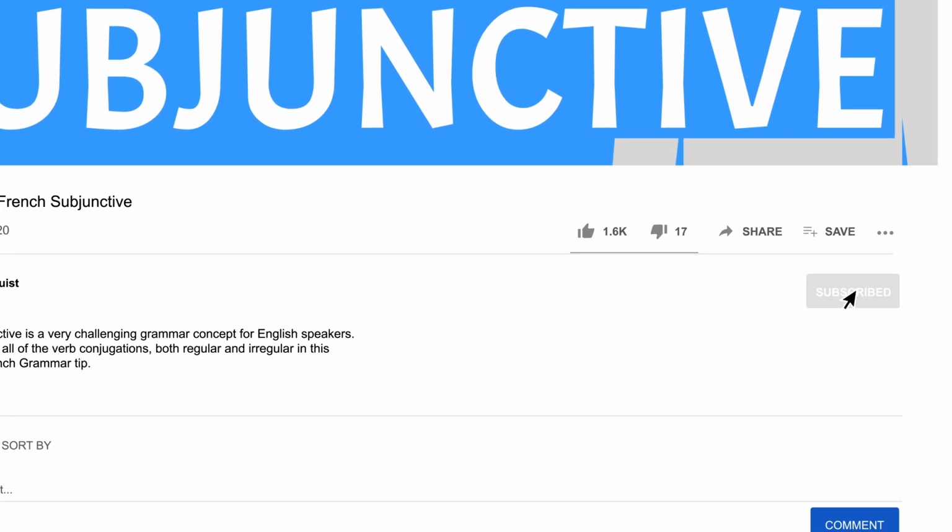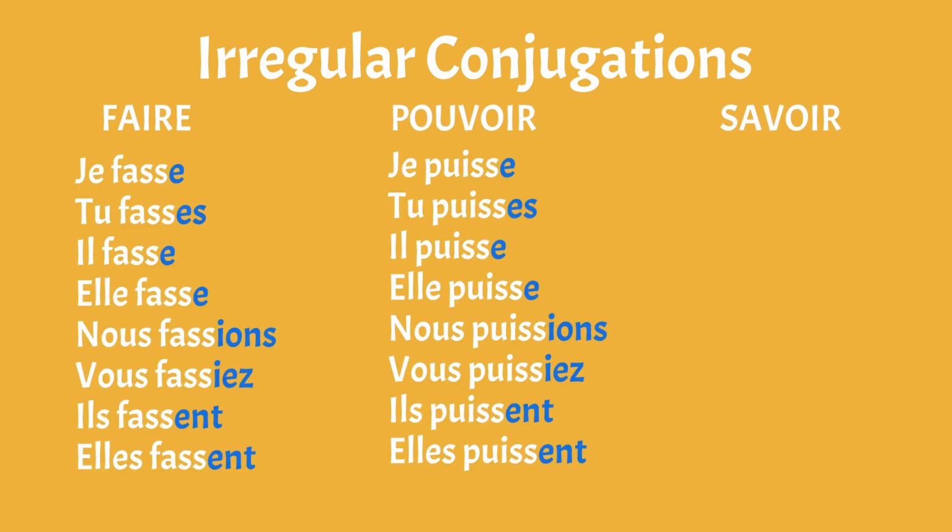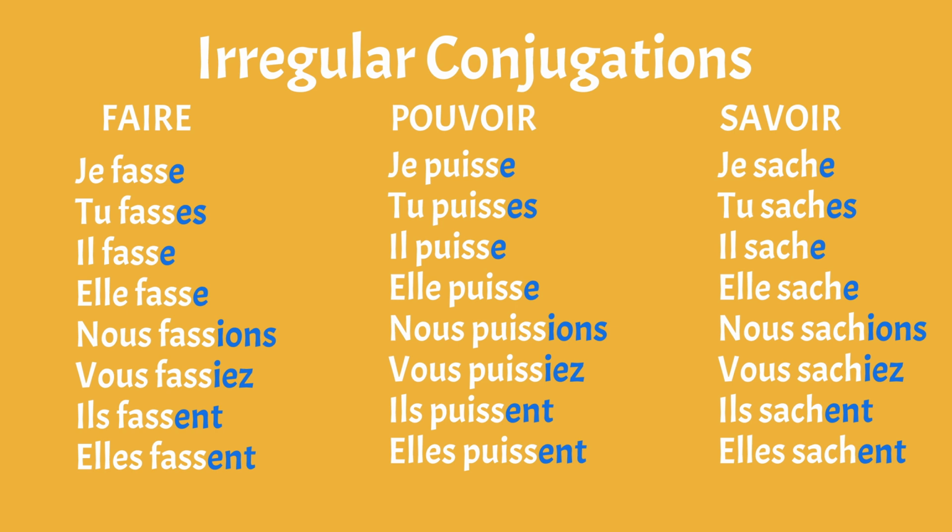Now to the irregular conjugations. The verbs faire, pouvoir, and savoir have a specific verb stem rather than using the "ils" form of the verb in the present tense like the regular verbs would. But otherwise, faire, which becomes fasse, pouvoir, which becomes puisse, and savoir, which becomes sache, use the same endings as